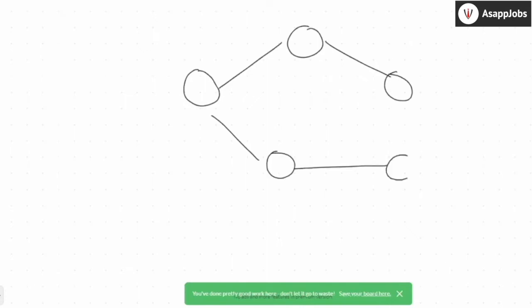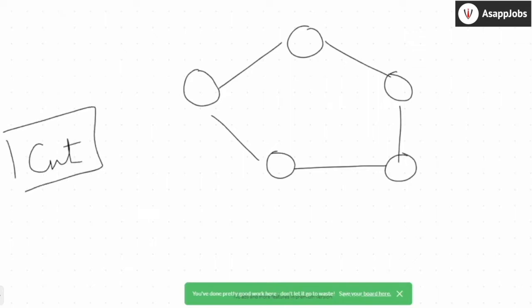Before we go further, I'll introduce a new concept that will be helpful for you. Let's say this is a graph, okay? There is something called a cut in a graph. What a cut means is it's basically a set of edges. If you remove the set of edges, a connected graph divides into two parts. When I say connected, it basically means I can go from any vertex to any other vertex.